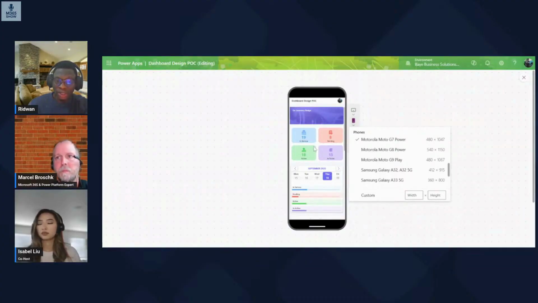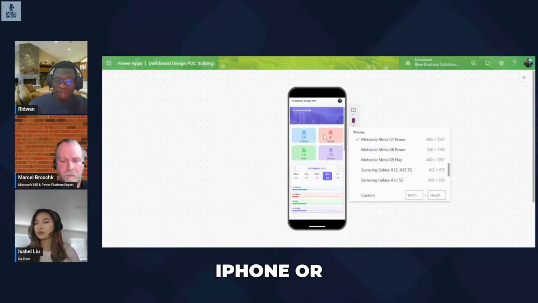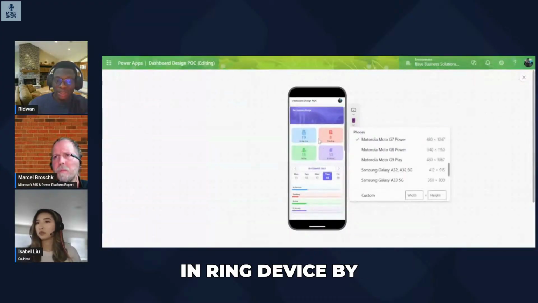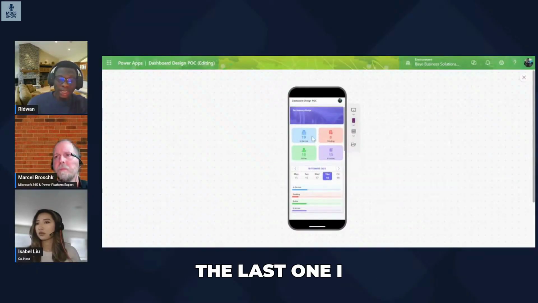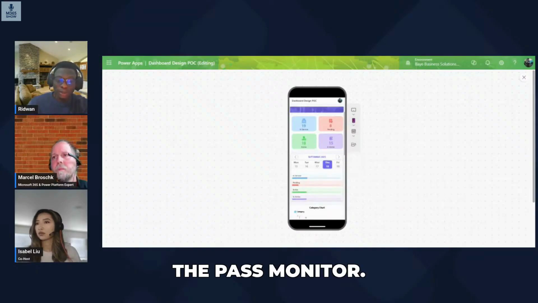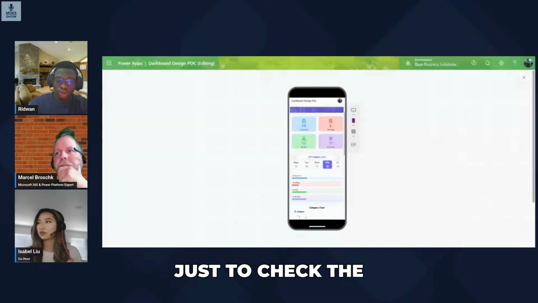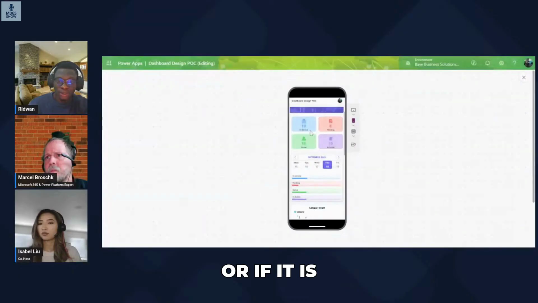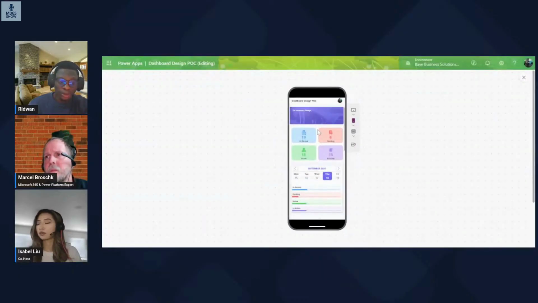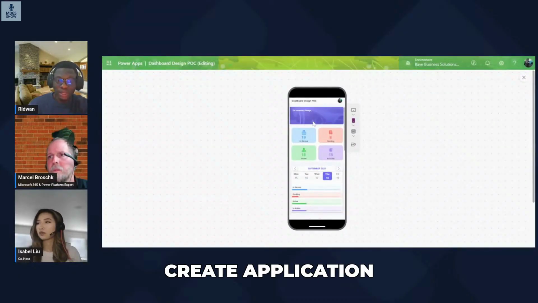Then we can adjust accordingly, because what we are trying to do is make the mobile layout fit any kind of phone, regardless of whether it is an iPhone or Android. It has to fit any kind of device. So we need to check that on a real device by testing it with an iPhone or Android phone. And the last one I use is the Power Monitor. This is just to check the app performance, whether it is working properly or switching properly, because when we create an application and we use a lot